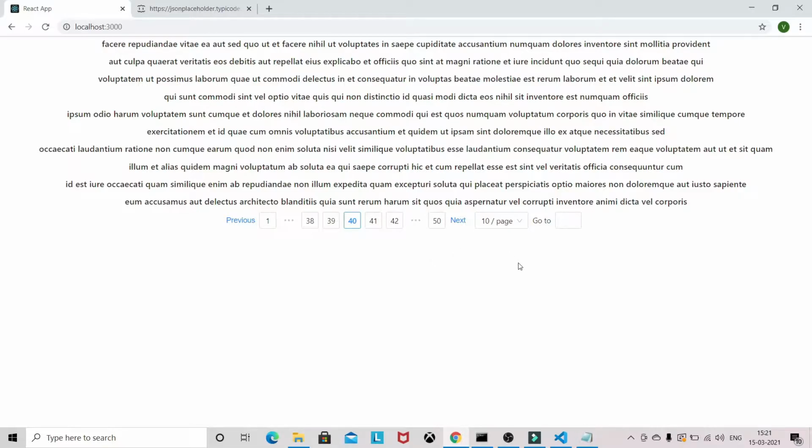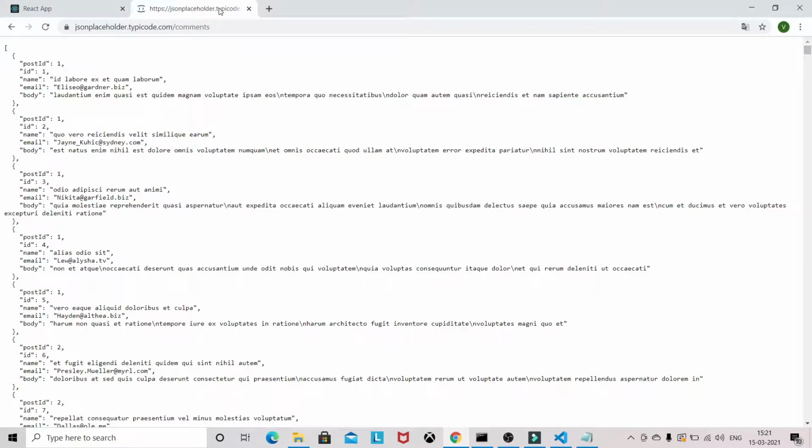Before I start working on that, I wanted to notify you that to display the data we are using the JSON Placeholder API, and it basically returns 500 data, so we are displaying the body part of it.